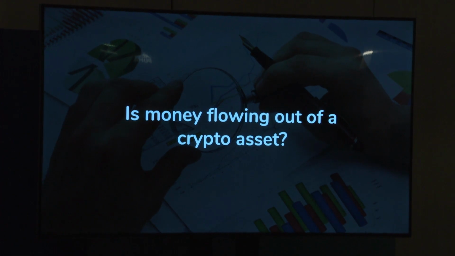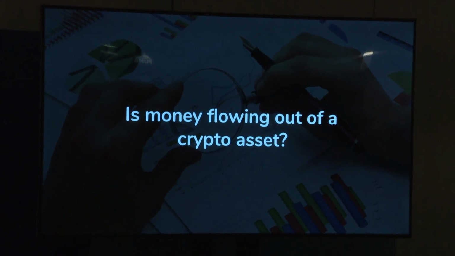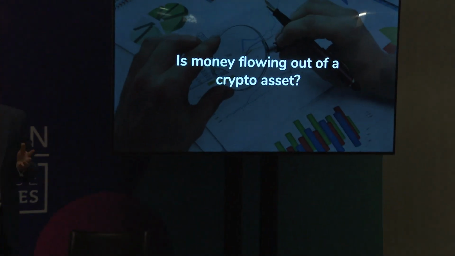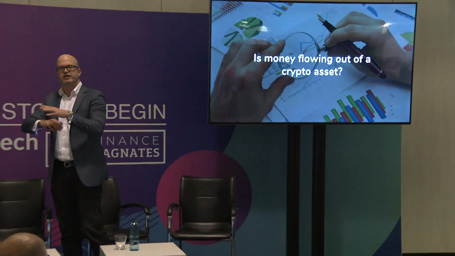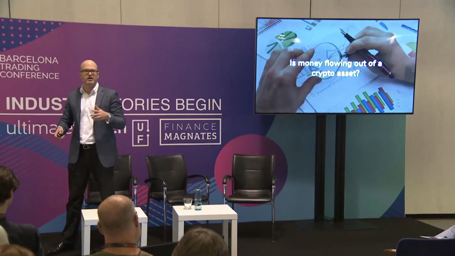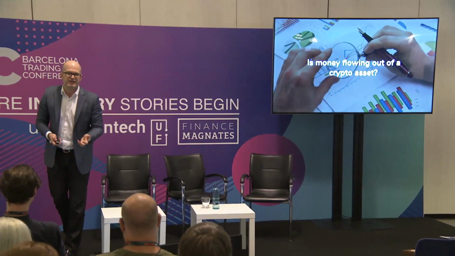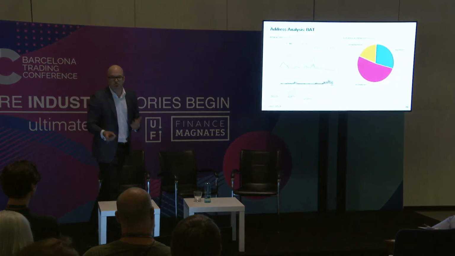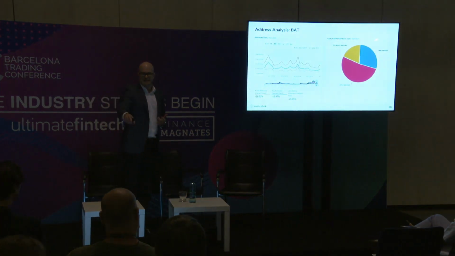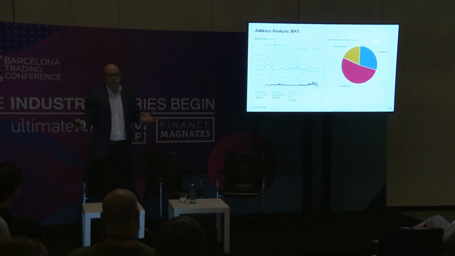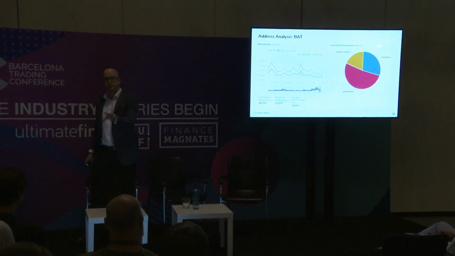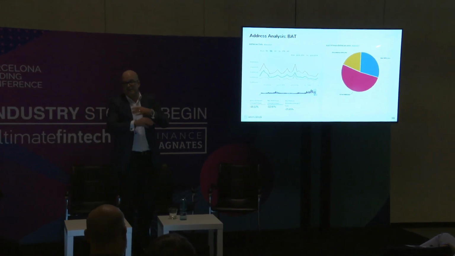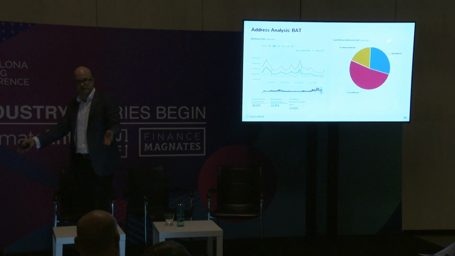And now, money flowing out of an asset. There are plenty of analytics platforms out there that will give you an address count. Is the network growing or shrinking? The number of addresses on the network, how does that work? Let's not be lazy. Let's take it a step more granular. Let's look at addresses, but that's a total. Are they active? Do they trade? How many are new? How many of their balances go to zero? They're being counted, but it doesn't matter. The balance is zero, so they're out.